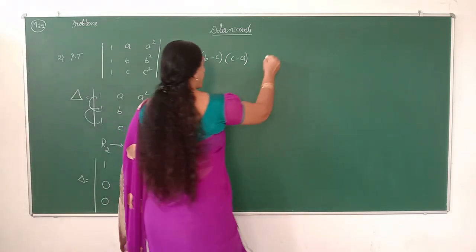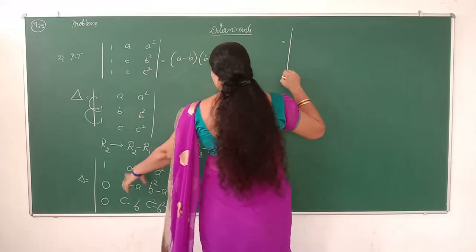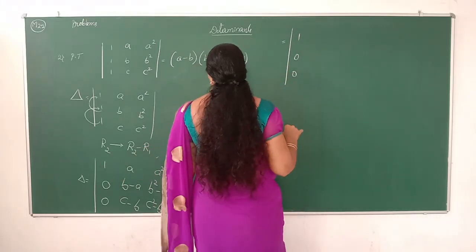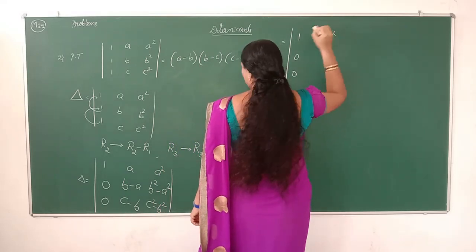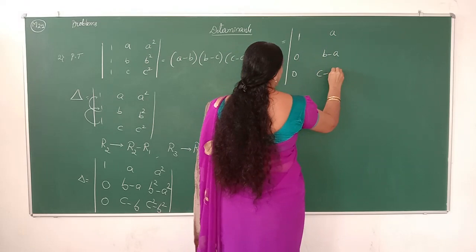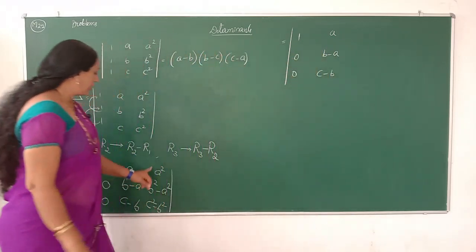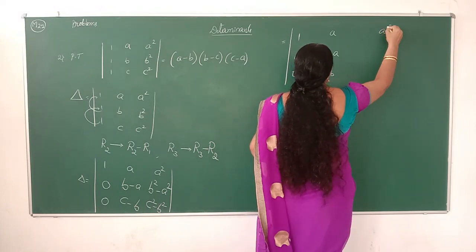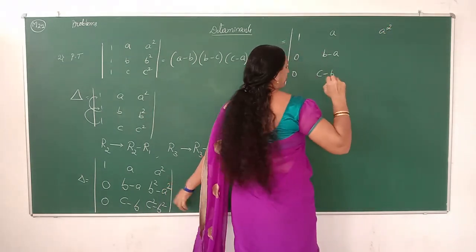Then, in the third column it is also possible to get some simplification. The first column is 1, 0, 0, the second column is a, b minus a and c minus b, but the third column is a square, b square minus a square...